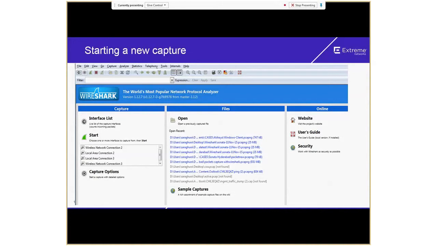This is the screen that will open up once you've downloaded Wireshark, and you need to choose which interface you want to start the capture on. Whether it is a wireless NIC that you want information about, or your LAN NIC card. So this is how you would start it.